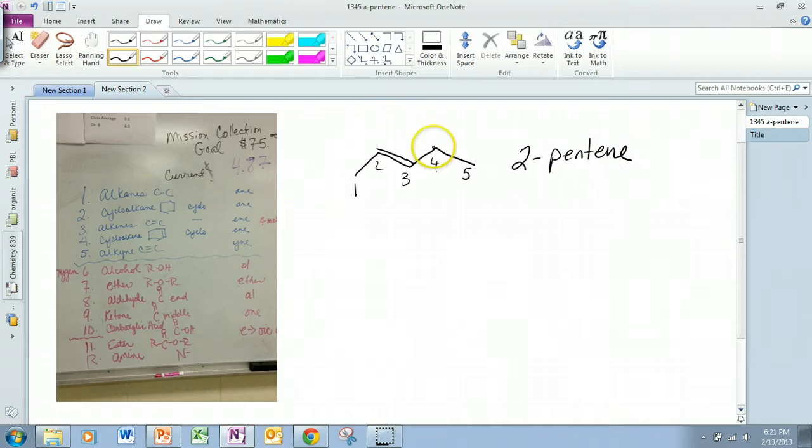If I were to add a group off of here, and let's say a group here, now my name is still 2-pentene, but I need a couple other things. I have a methyl group on 2 and a methyl group on 4, so it would be